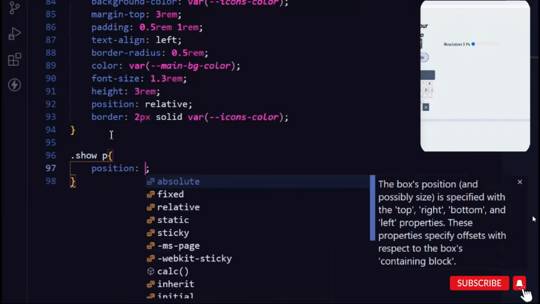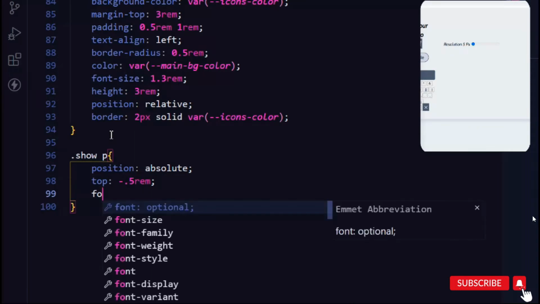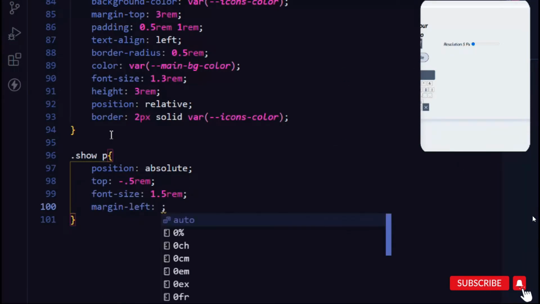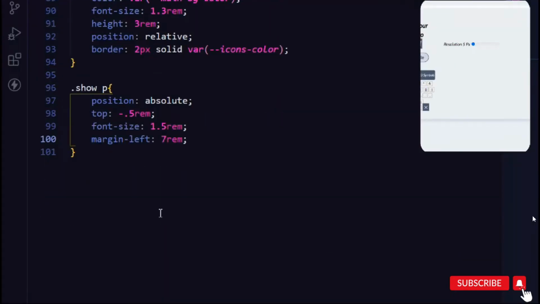Show P, and position is going to be absolute. Top is going to be -0.5rem. Font size is going to be 1.5rem, and margin left is going to be 7rem. So this looks quite good. I think we have to reduce the margin from the right hand side. So let's come back here,